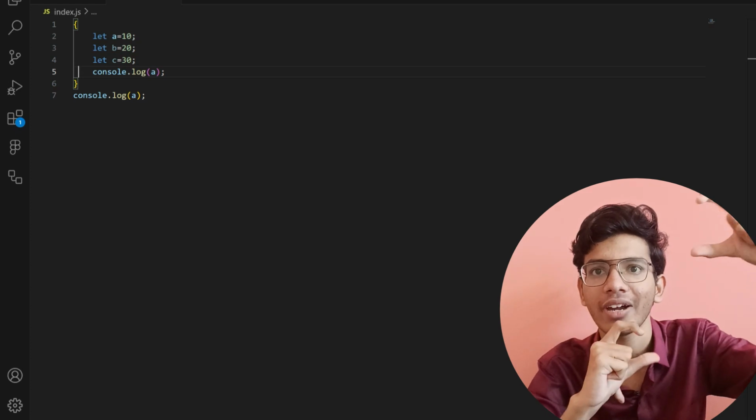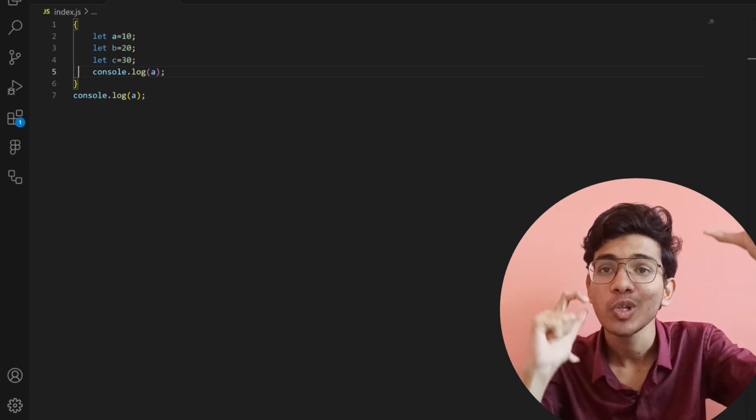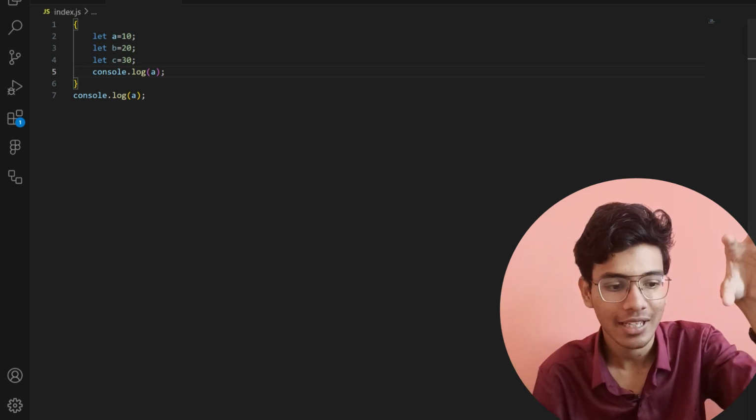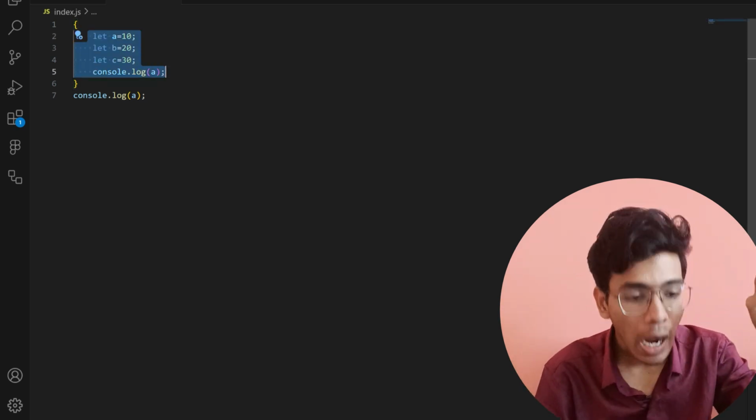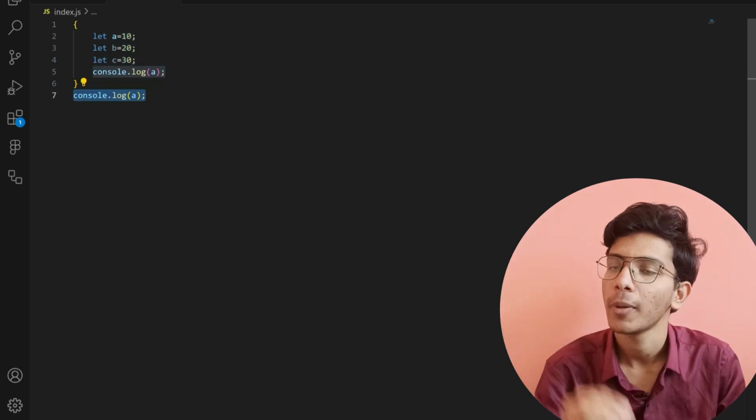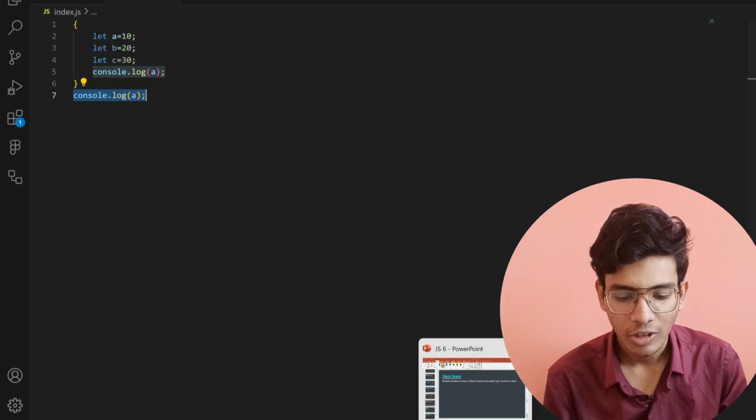Whatever the things you are defining in the parentheses are limited to those parentheses. You cannot access the variables, the content inside it, outside the parentheses. This thing is known as block scope. Now the next concept is